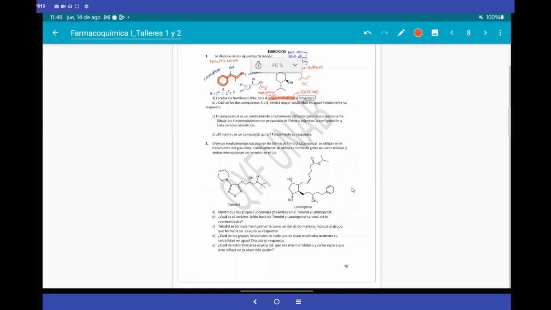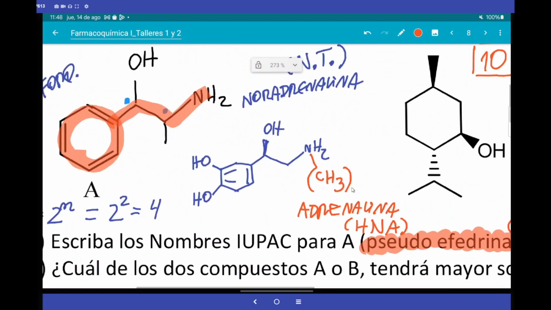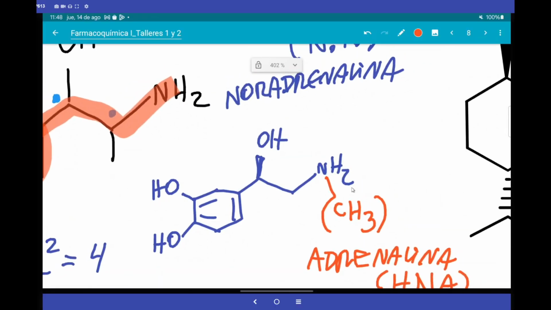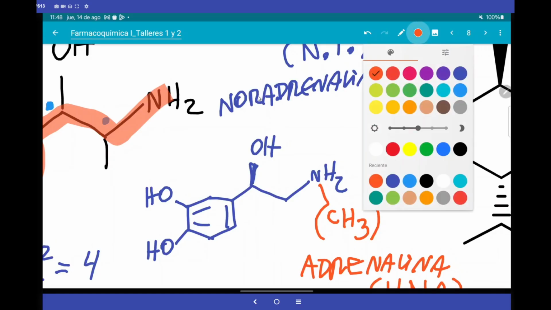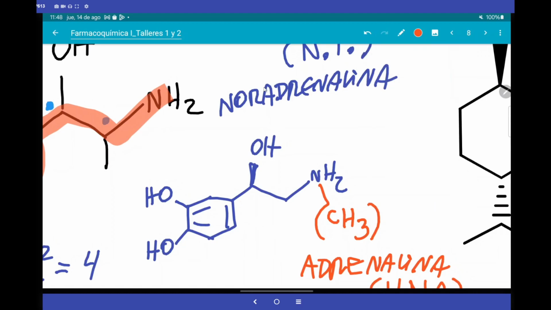Notice that in the case of adrenaline or noradrenaline, intentionally, the hydroxyl group, I drew it forward, because it has that configuration. That configuration matters because this is also going to seem a lot to us. This carbon is R or S? Very well. 1, 2, of course, exactly.